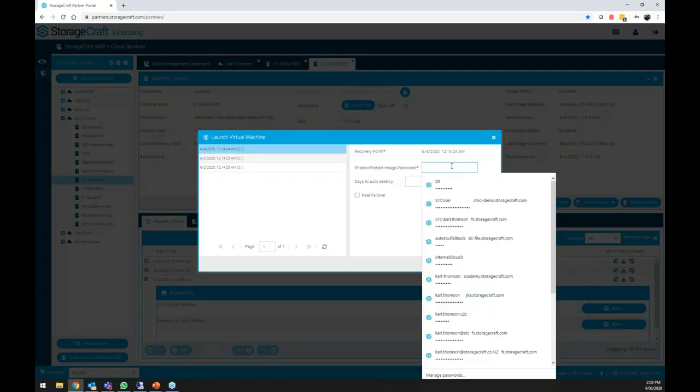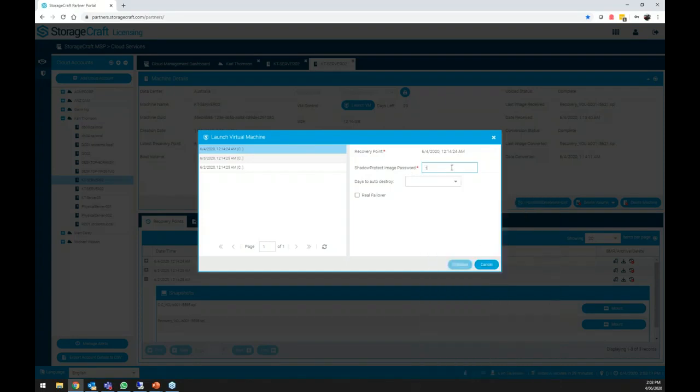This is actually referring to the image password, whether it's Shadow Safe, OneSafe Solo, or Shadow Protect. So I do need to adjust the wording here. But if I put in my encryption key,